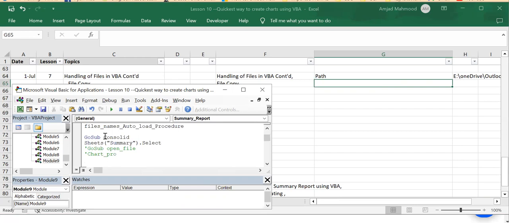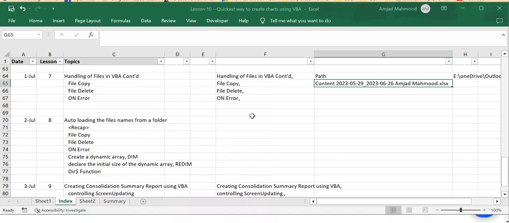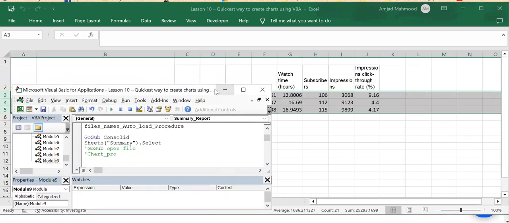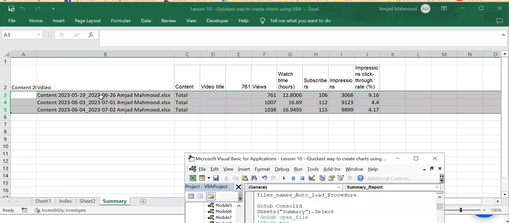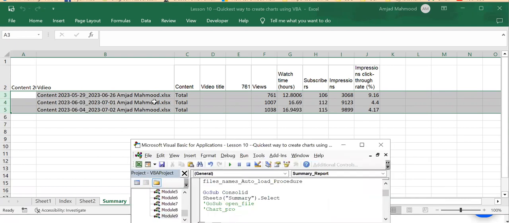We are just doing the recap. Okay, so let's play it. That's it. So it is now listing all the files and making the summary. Thus far we have completed our summary, and now the next step, when you have got all the bottom lines in here, of course